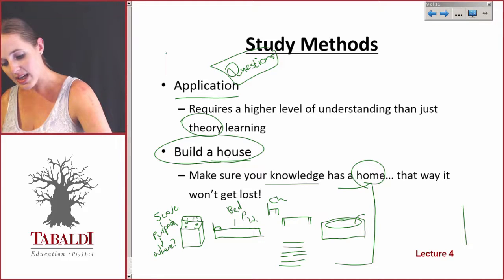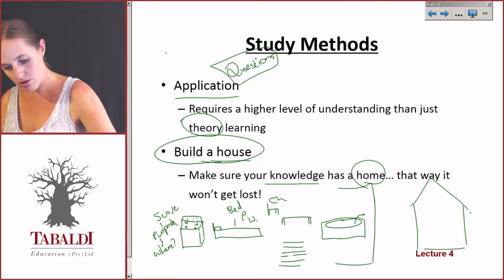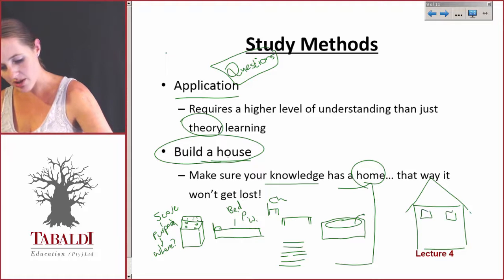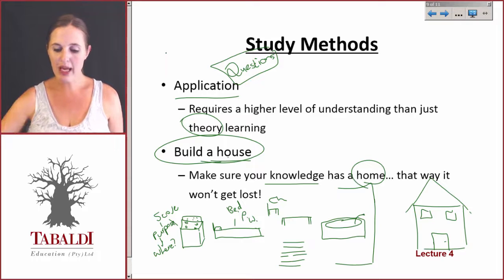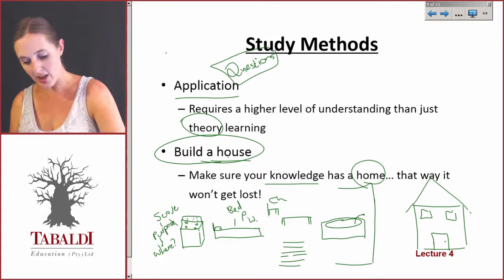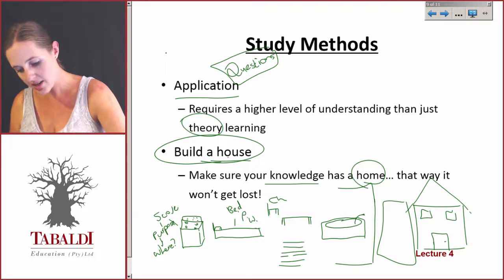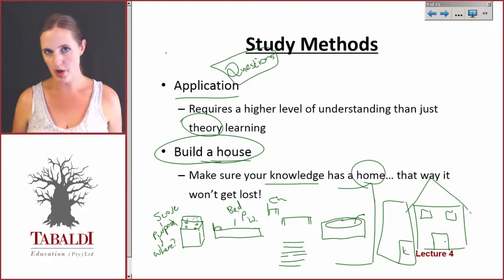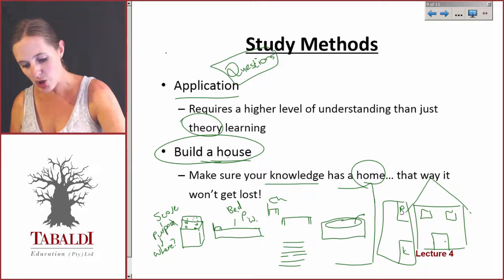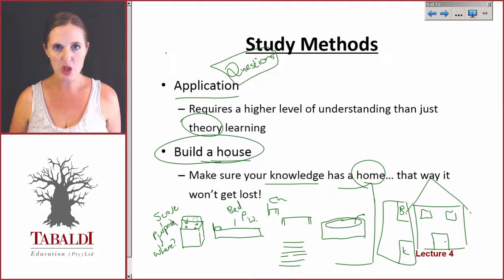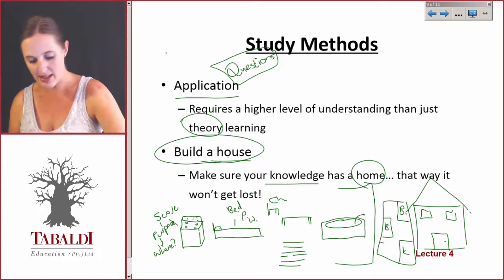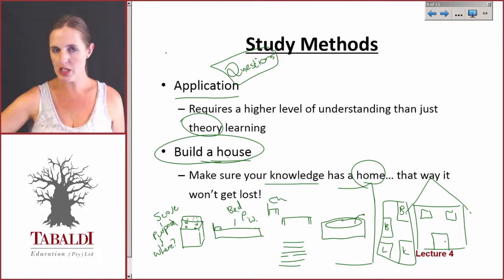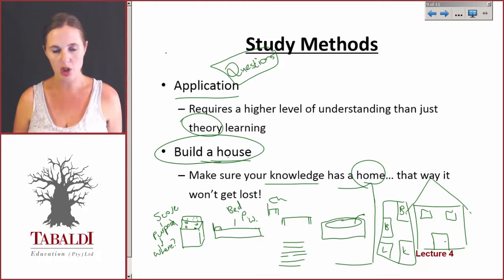However, if I say to you, this is a house, okay, beautiful house, you can see why I never studied art. This is a house. If I explain to you the purpose of a house and then I break it down and I say, here's the plan of the house. This is a kitchen. This is the purpose of the kitchen. This is the types of things you'll be doing in the kitchen. This is a bedroom. This is the type of things that you'll be doing in a bedroom. This is the purpose of the bedroom. This is the bathroom. And you can understand this is the lounge. This is the purpose of each of these rooms. And this is what the house is supposed to achieve.